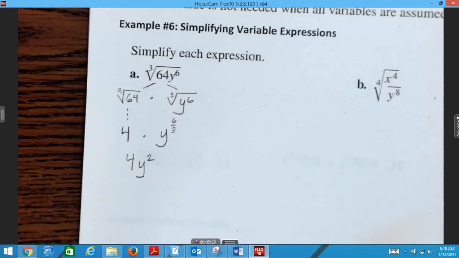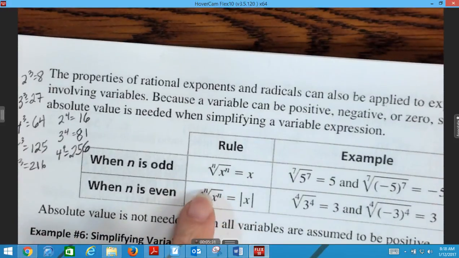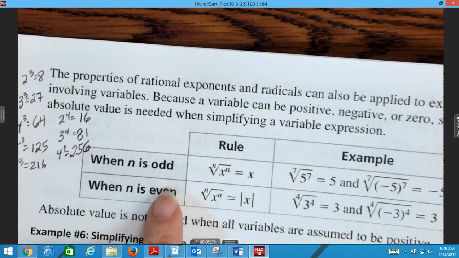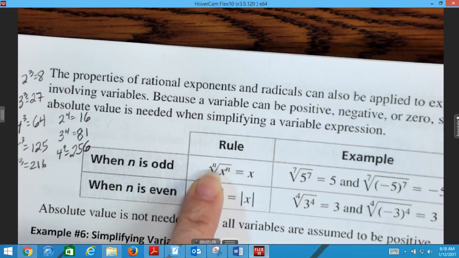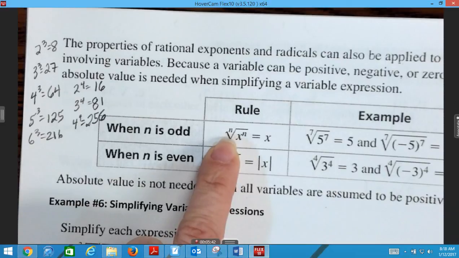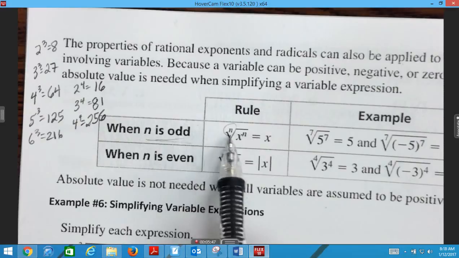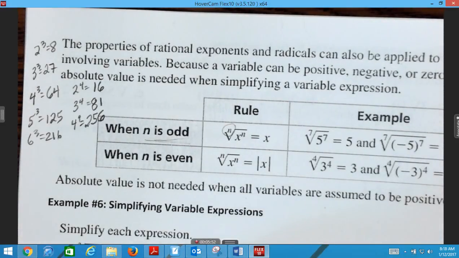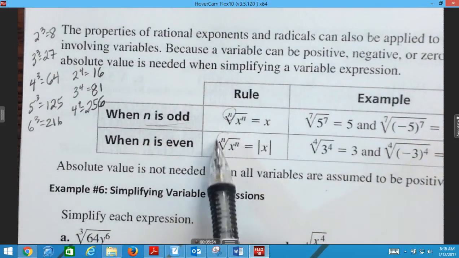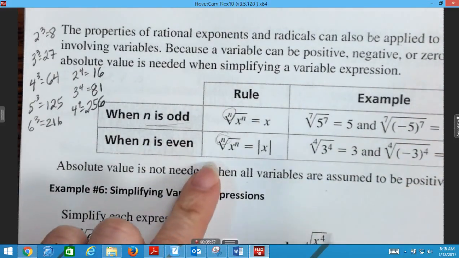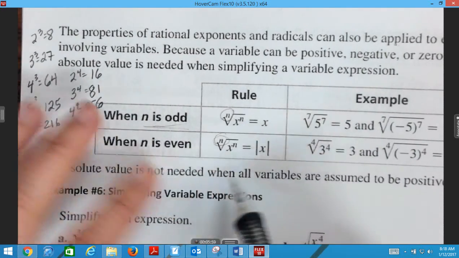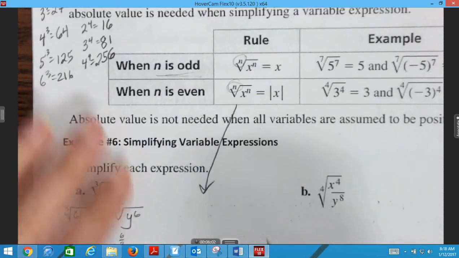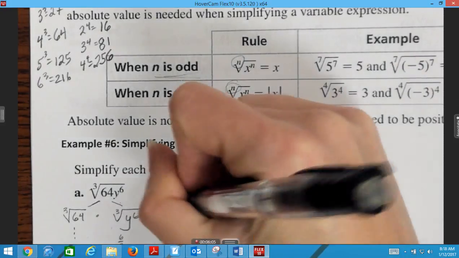We're going to remember. There's this rule that if the index, the root, if that is an odd root, right here, when n is odd, if this number is an odd number, the rule does not apply. We don't have to worry about it. If n is an even number, we have a rule. I'm going to rewrite this rule just a teeny bit different than how they have it, but the rule is if we have an even root